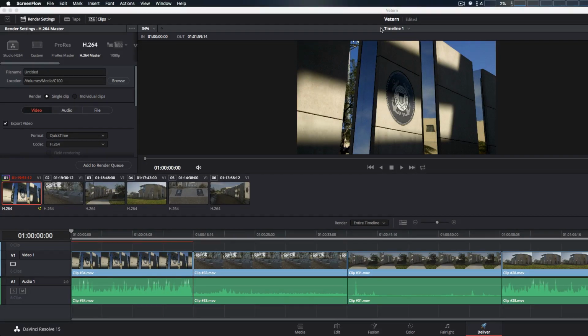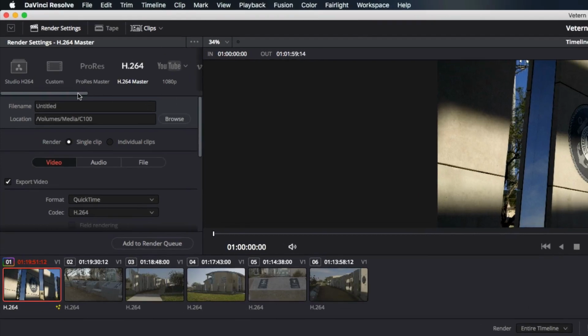Just kind of wanted to do a quick video announcing the final release out of beta of DaVinci Resolve 15. It went through 8 beta cycles for public beta, and one of the biggest things I've noticed, I think, of course it did have some more changes from beta to final release, is the export options. And looking up here at the very top